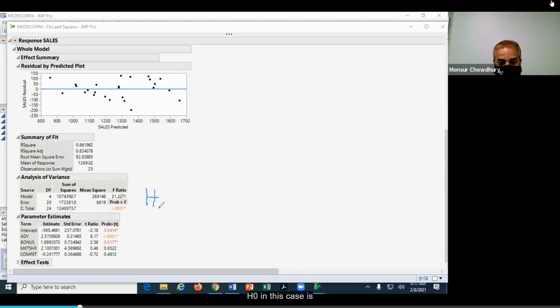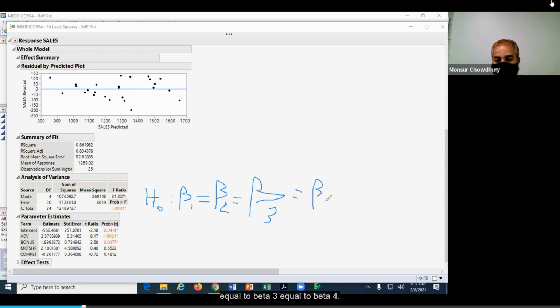H0 in this case is this: beta 1 equal to beta 2 equal to beta 3 equal to beta 4.